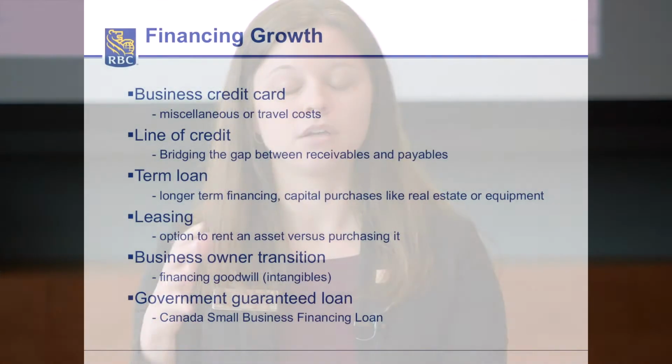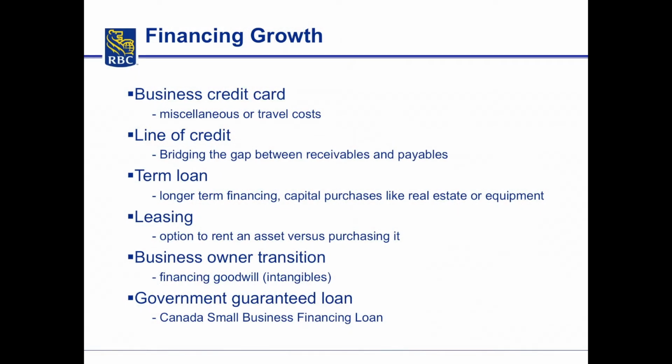I'm going to quickly touch on business ownership transition. So we did succession planning. A lot of times we've been talking about assets that we're able to take a charge on to use for loans. Let's say we want to finance goodwill or intangibles, where you've built awesome relationships and now you want to sell it. This is where we get into financing intangibles, and there are different loans for that availability as well. The government guaranteed, so the small business financing loan, I definitely want to mention.